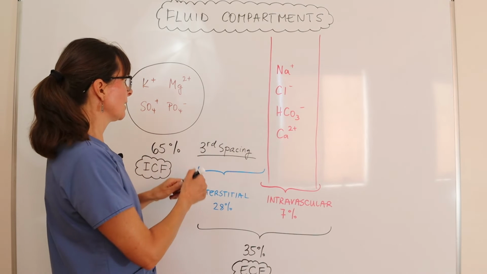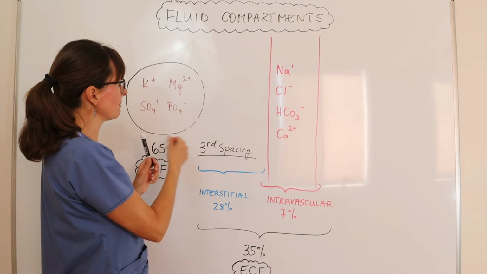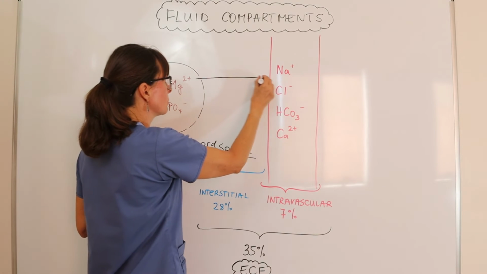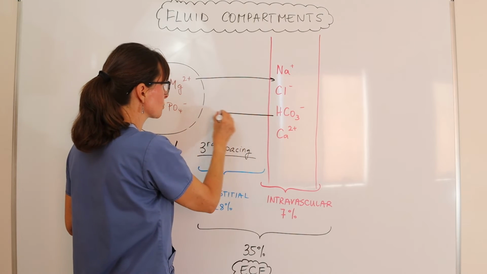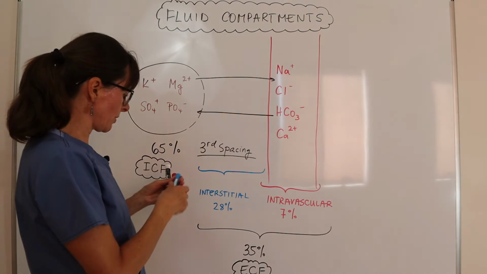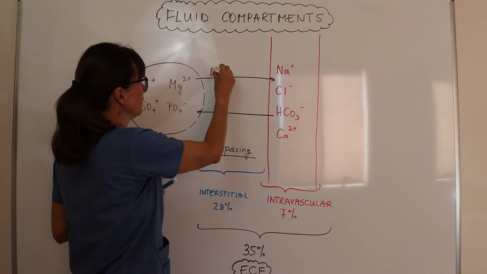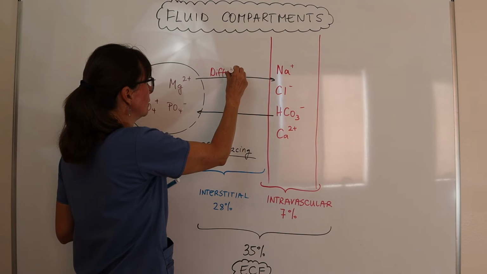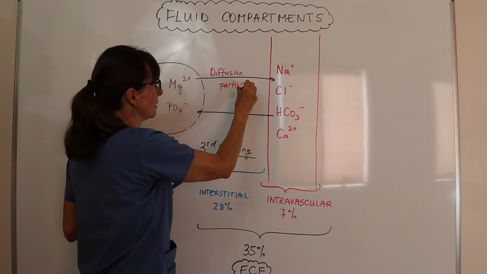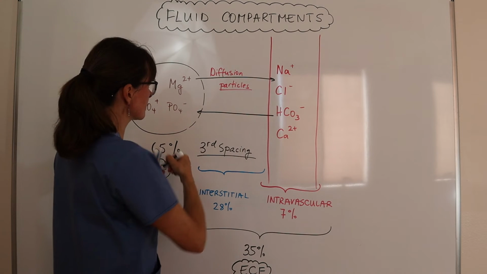But here we have the cell membrane, and think about this as a semi-permeable membrane. So by diffusion and osmosis, the particles move back and forth across the semi-permeable membrane. And keep in mind that particles move by diffusion. And by particles, I mean electrolytes. And then osmosis,